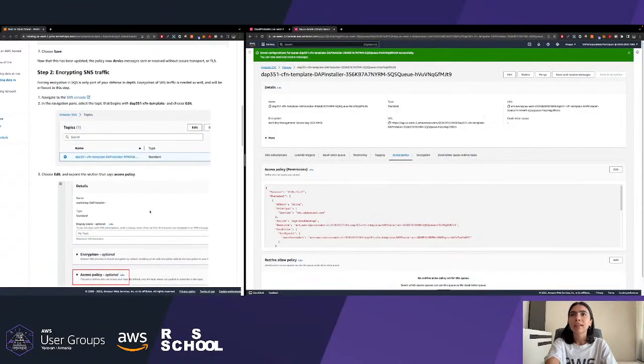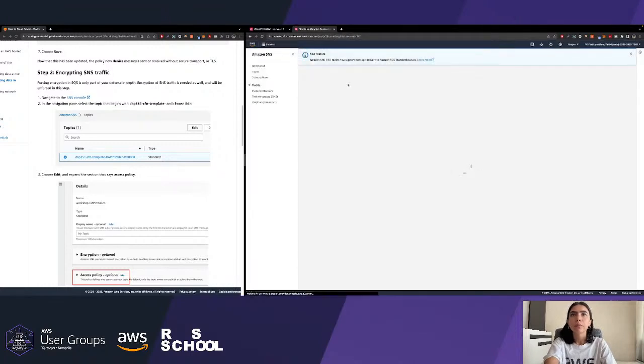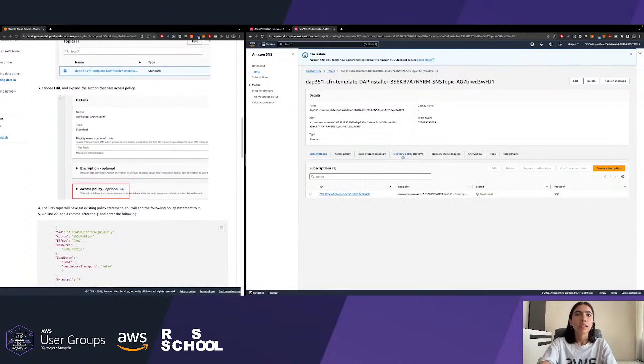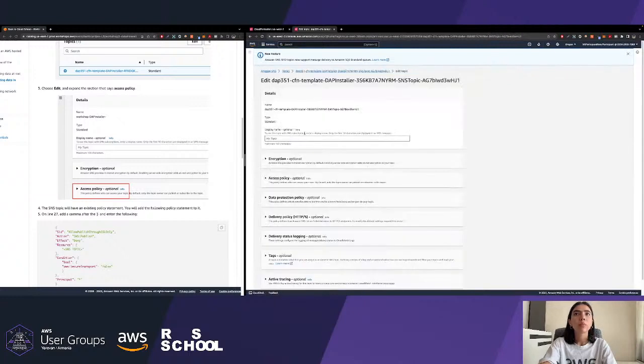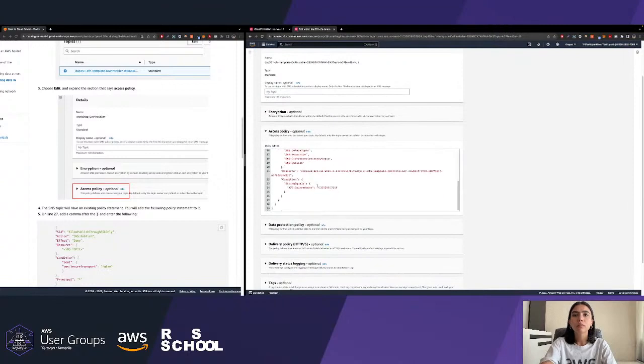And let's do the same logical encryption with our SNS. Go to the SNS console, topics, and open the topic itself. In the access policy here, you can also see the default statements that we have, but we want to add more security, so we are going to edit this policy.